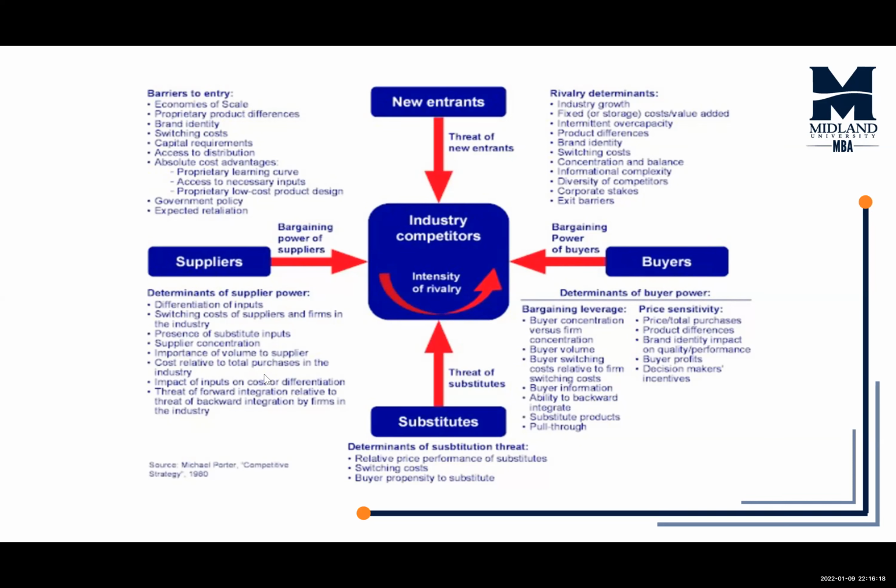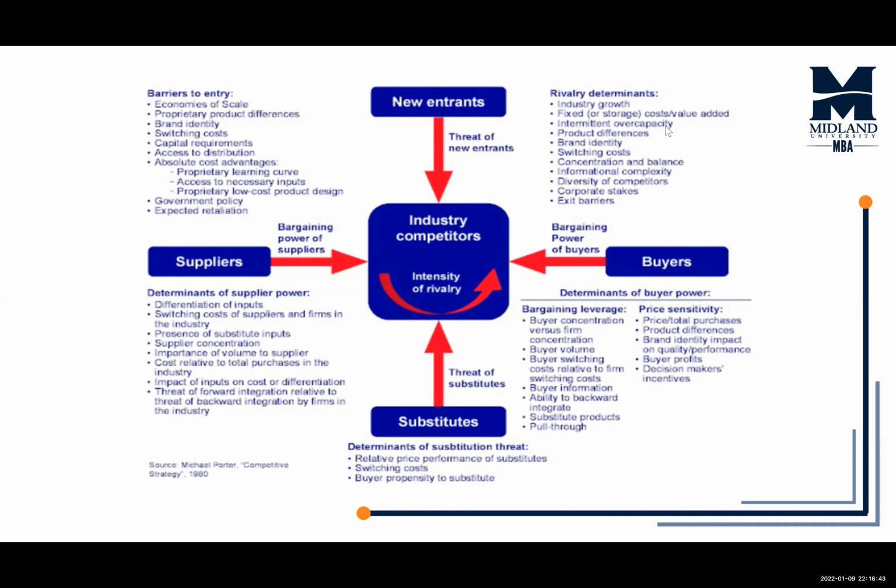So these are the determinants of the powers between suppliers, buyers, new entrants, and as well substitutes. When we talk about the industry rivalry there, or the intensity of the rivalry, what are some of the determinants? There is